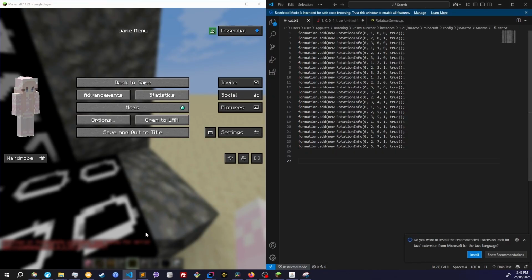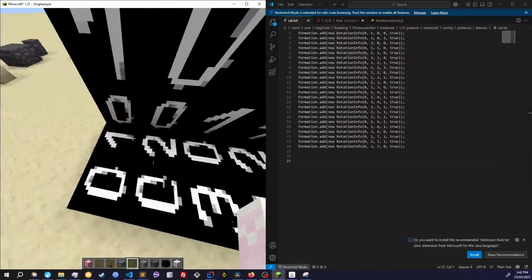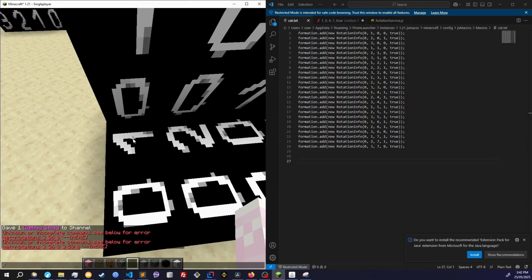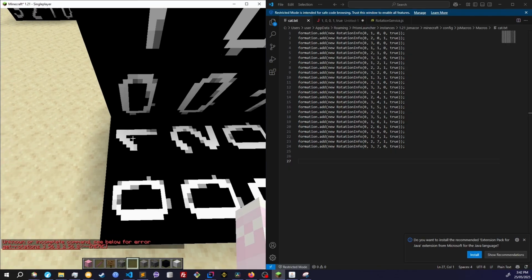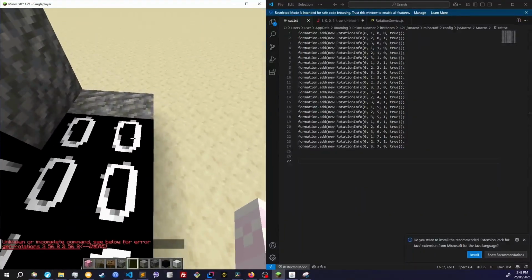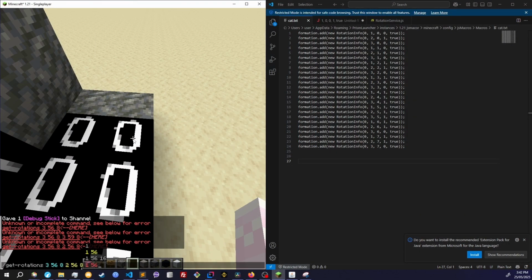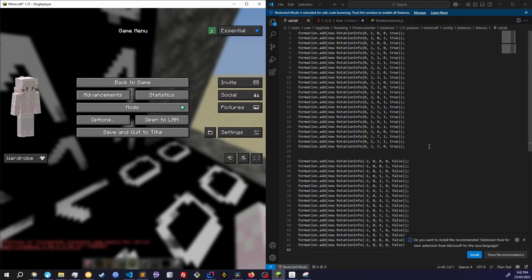Now we have to do the floor. So let's go over here. Now we're going to copy this and use the same command, and this first block is the block back in here. I think it's white, what is it? White concrete. Then we get this set of coordinates for this block, number 1, and we get this set. Copy that and paste that. Now we have these two. After you get those done,